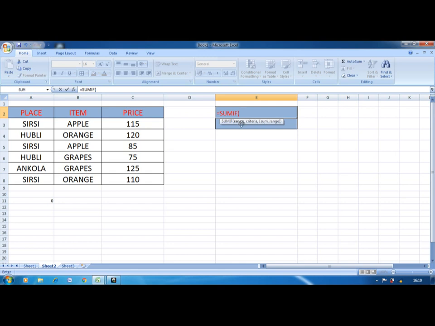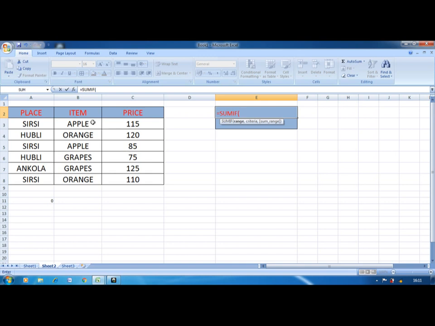Now I want to find the sum of apples. How many apple prices are there? It finds the sum of the first apple, that is 115, and the second apple, 85.